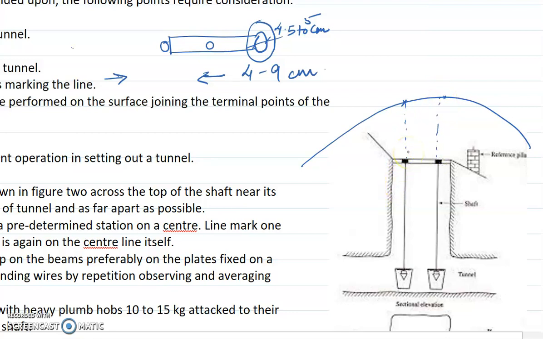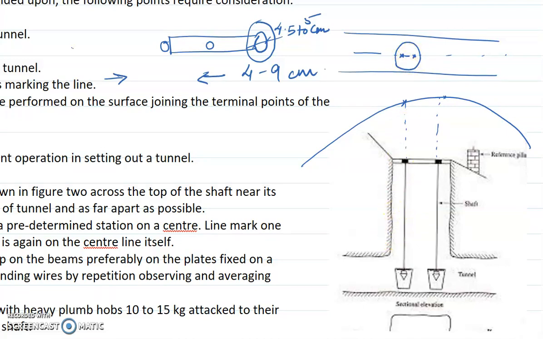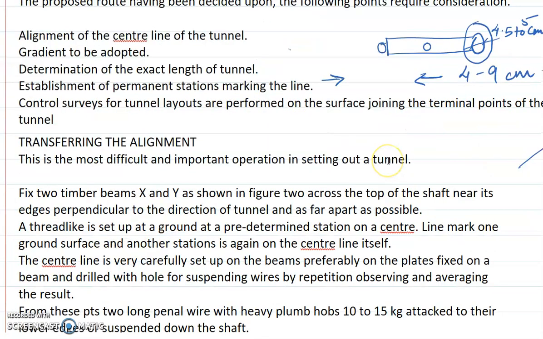So you will have to see that the location of these shafts, now if this is my center line of the tunnel, the shafts have to be as close as possible to the center line, so that you can transfer the center points on the center line down inside the tunnel. Surface alignment or the center line on the surface will be marked using pegs or spikes or wedges of iron. Okay, you people have already learned what stakes are. So mark the center line using stakes, or using steel punches.